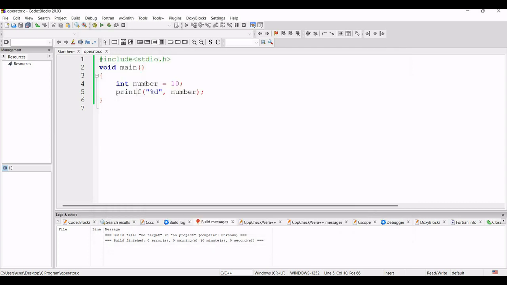Before going to the arithmetic operator, I want to discuss comments in C. What is a comment, or what is the use of a comment? Suppose I have written this line. The C compiler will execute this line first, then it will execute this line. In this way, line by line it will execute. First the number 1 line will be executed, then number 2, then 3, 4, 5, 6. In this way, line by line the C compiler will execute. But suppose I want to write something like I am good today.